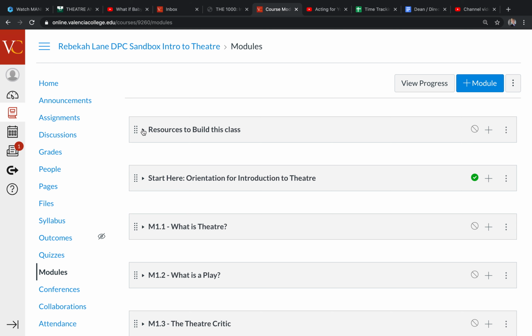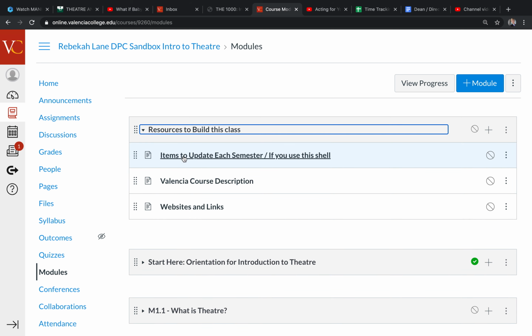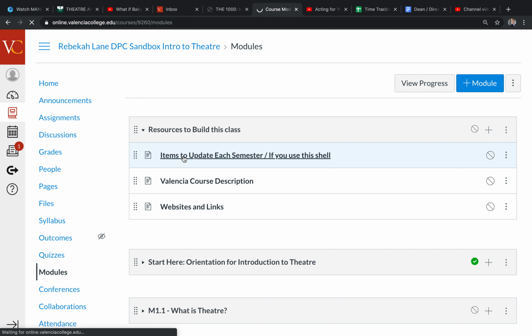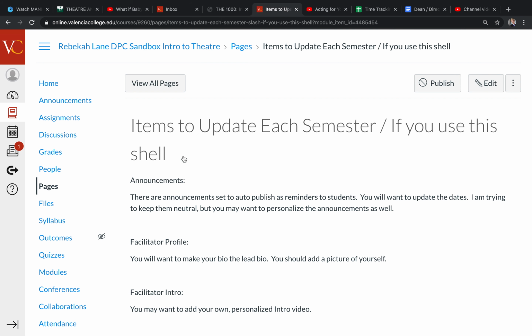I do want to point us towards this resource build. As we are building this together, I want us to create a checklist of the things that we need to address, because as we are transferring this shell from one semester to the next, there are things that will have to be reset every semester.